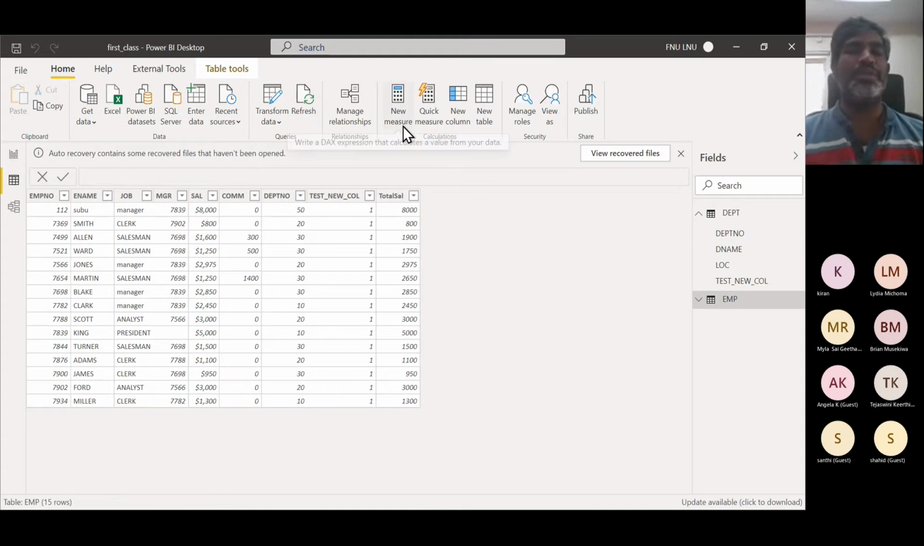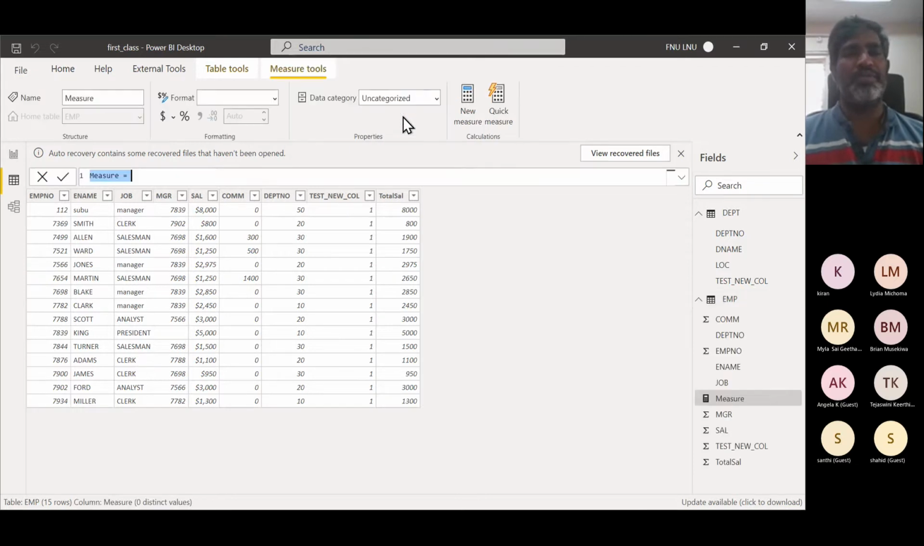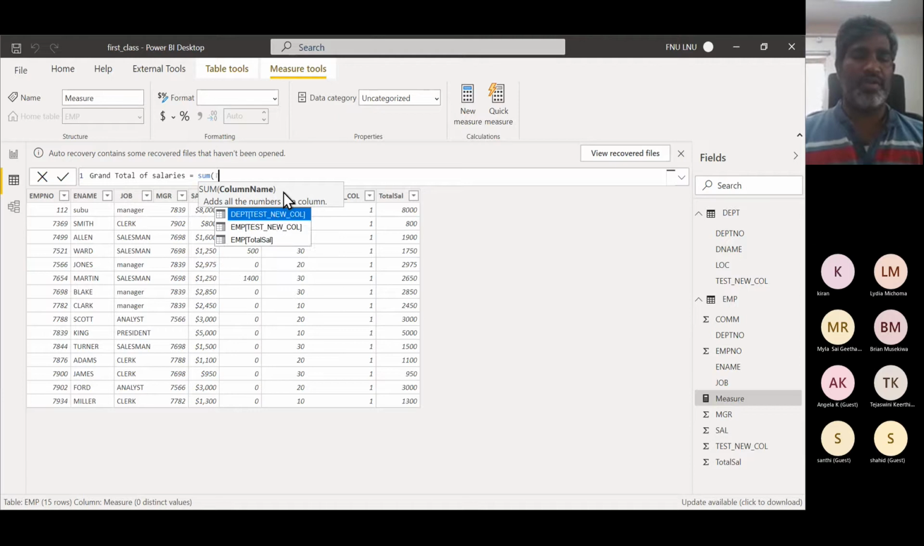One option is available, new measure. It says to write a DAX expression that calculates a value from our data. Click on this new measure. Then we say it's a grand total of salaries, equal to the sum of whatever we have here, total salary, which I wanted. Here, whatever I used, SUM